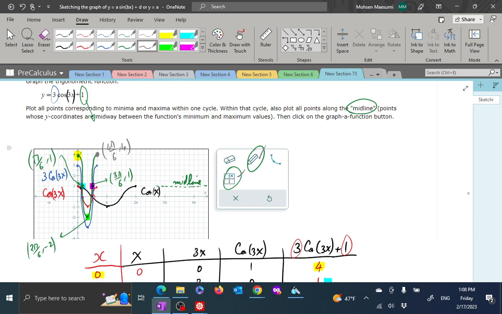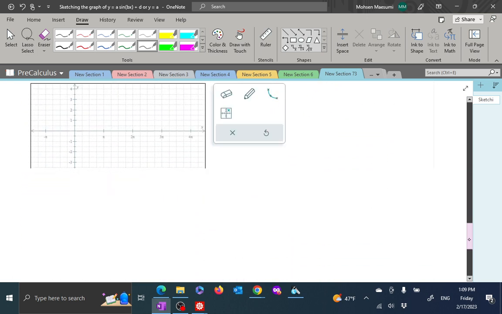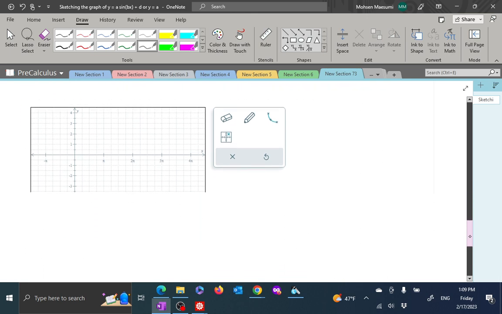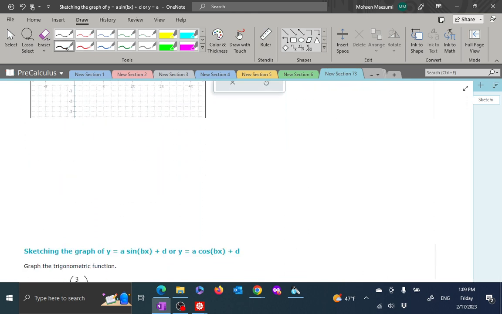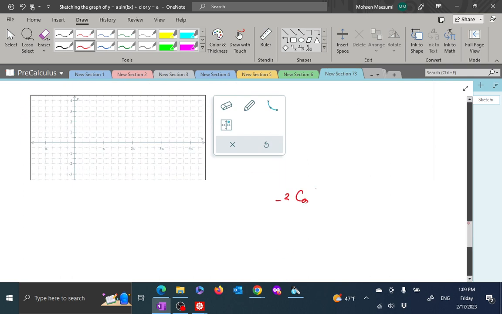So in short, we compressed horizontally by a factor of 3, then stretched vertically by a factor of 3, and then lifted up by 1. Okay, so that is what is happening in that one. And let's see, minus 2 cosine of 2/3 of x. So minus 2 cosine of 2/3 of x